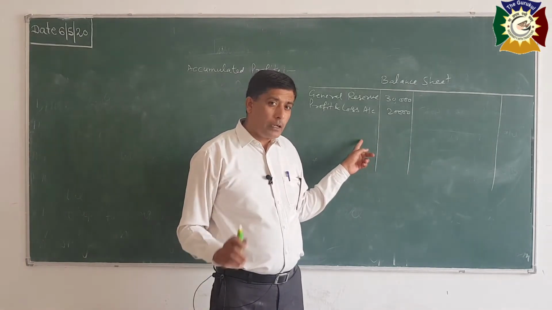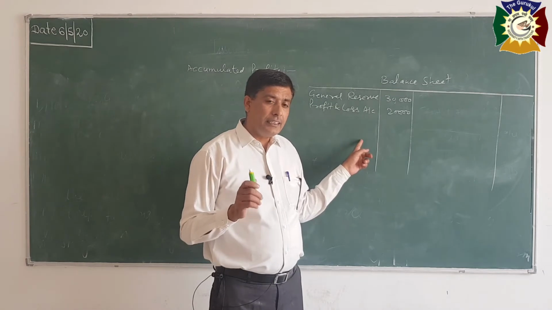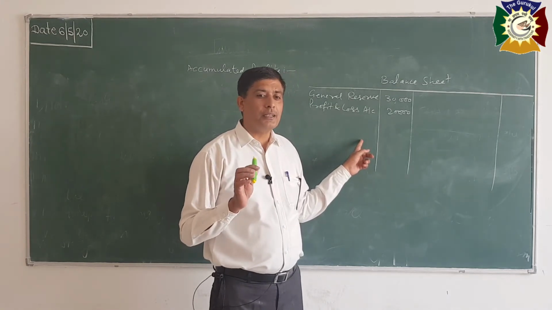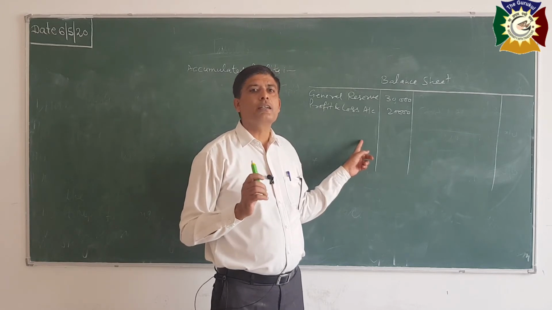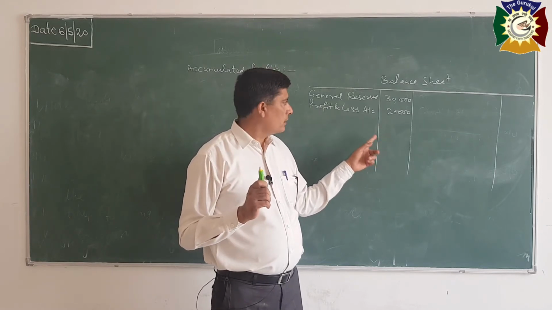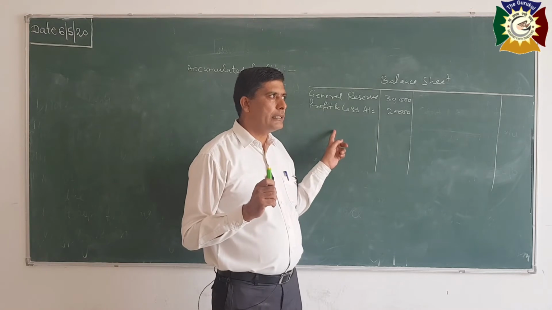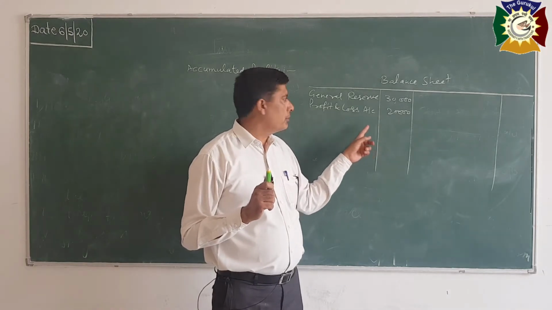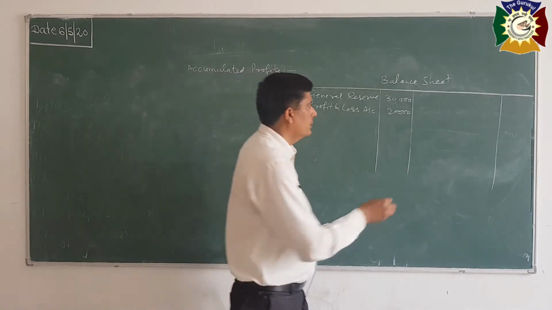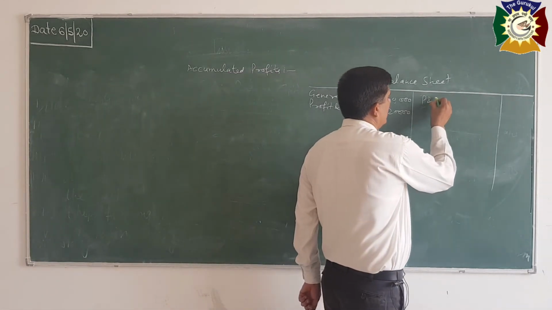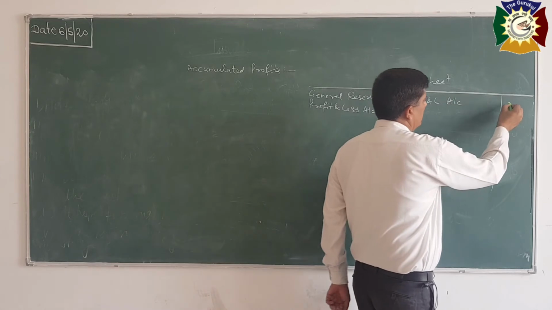Sometimes profit and loss account is given debit balance. Here when profit and loss account is debited, it means it is loss, because apply the rule of nominal account: debit all expenses and losses, credit all incomes and gains. So we open combined account for profit and loss. When it is credit, it is profit, we will show to the liability. When it is debit, we will show to the assets. Like here, profit and loss account, 10,000.